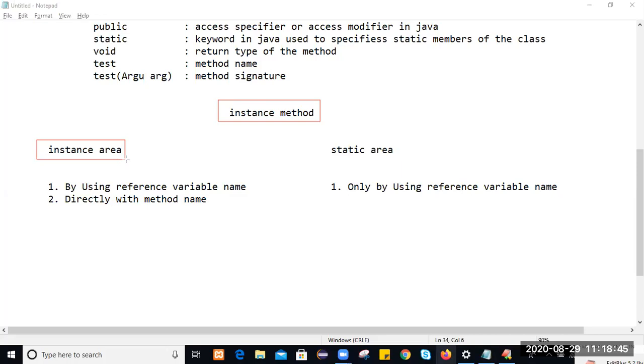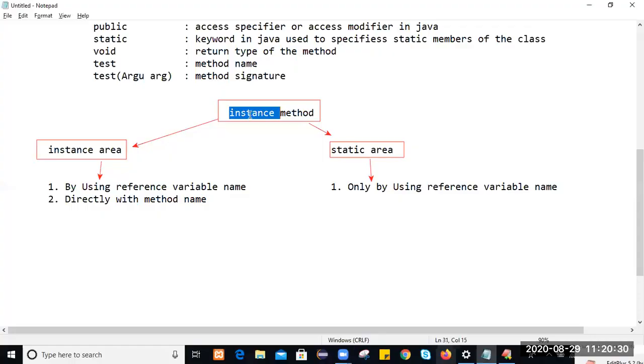Draw it properly: this is the static area, and this is the instance area. From the instance area we can call in these two ways, and from the static area we can call by using the object reference name, or reference variable name.